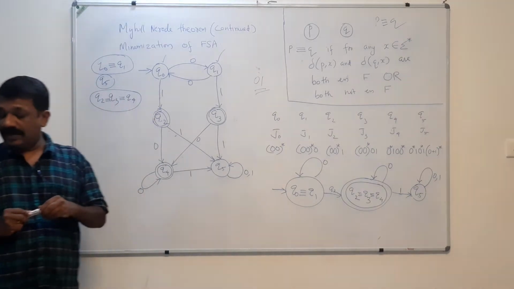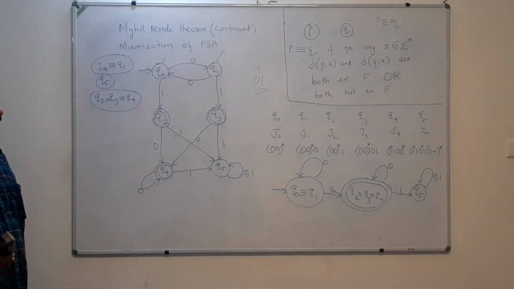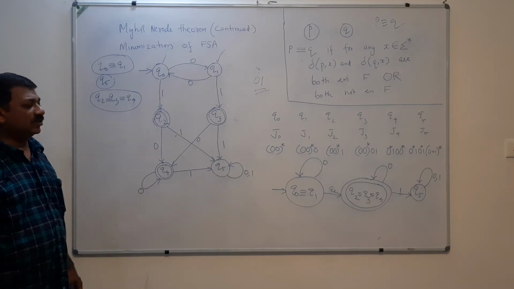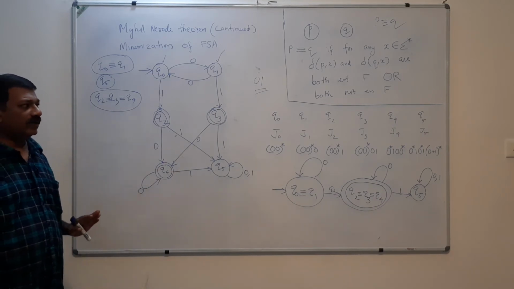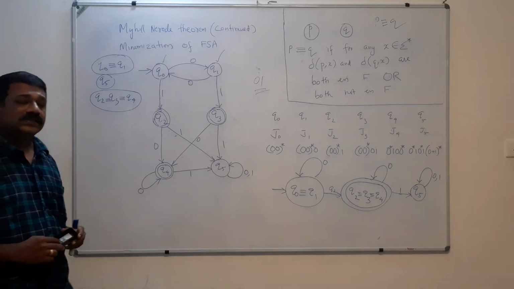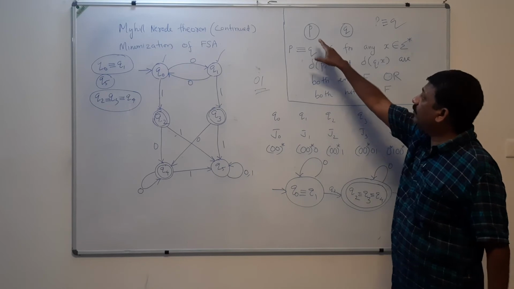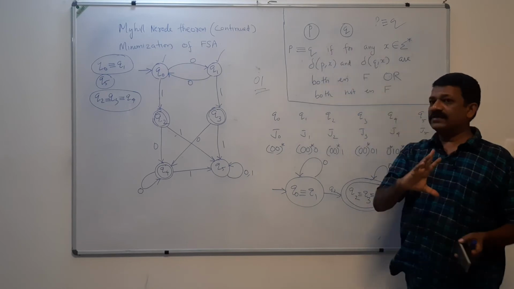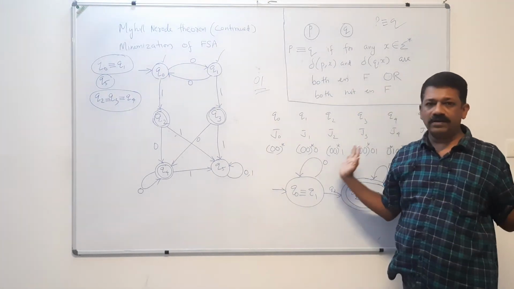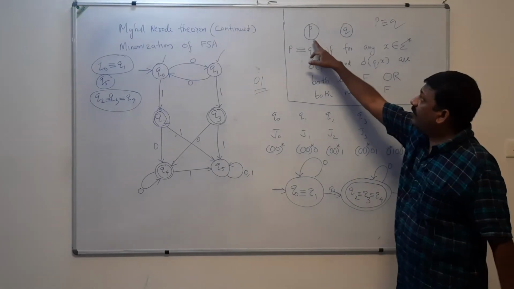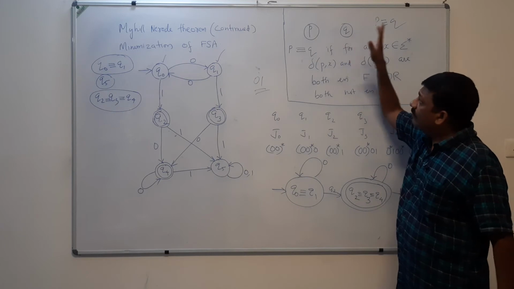See, this is the way we are going to minimize the finite state automaton. This is one way of doing that. In this case, you have to find out equivalent states. A final state and a non-final state can never be equivalent. And if you have two states P and Q, first of all, what you have to